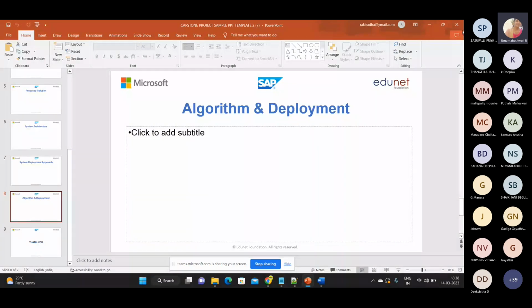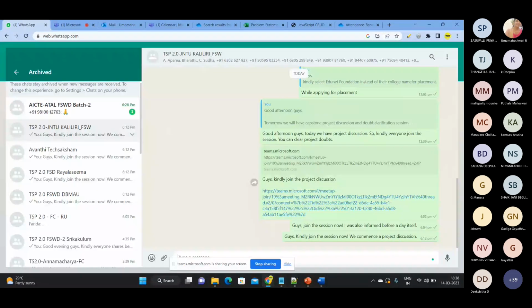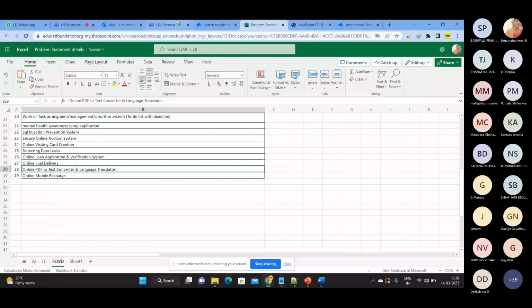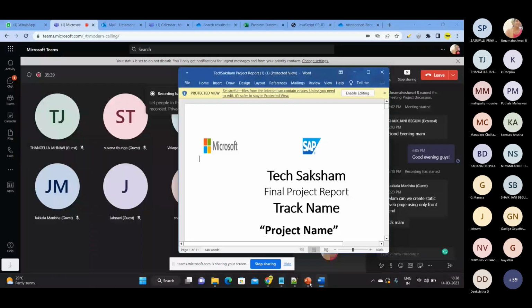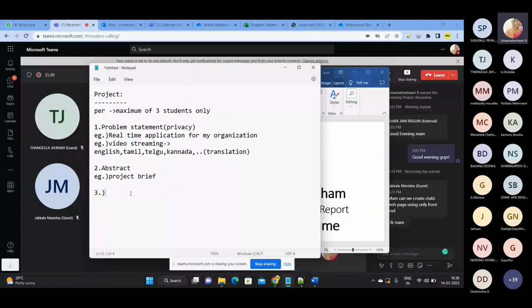Let me share this in the group. Better I'll put everything in the same place. Just close this off, and now the third one is the capstone project PPT. The fourth one is something called the